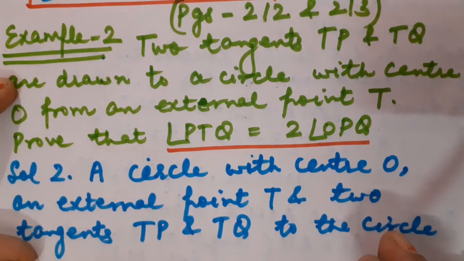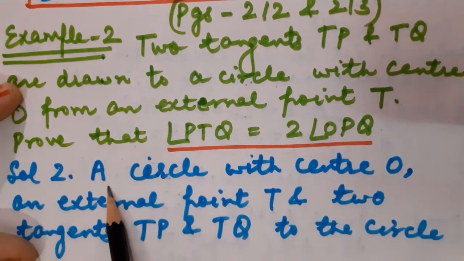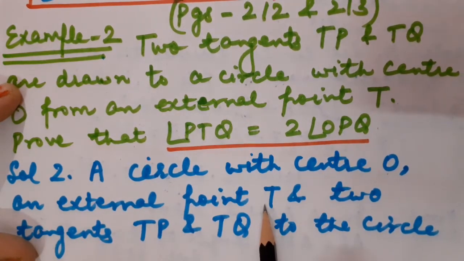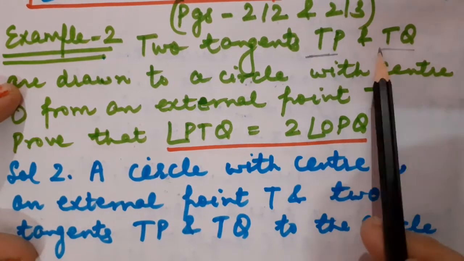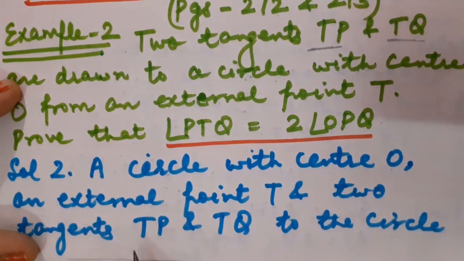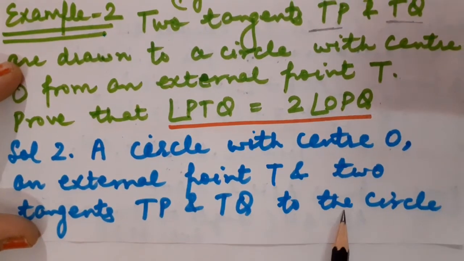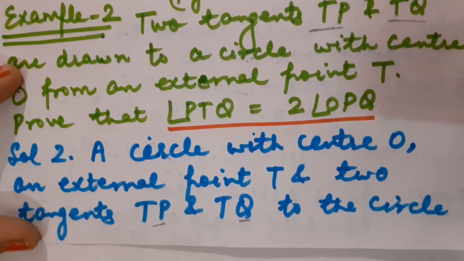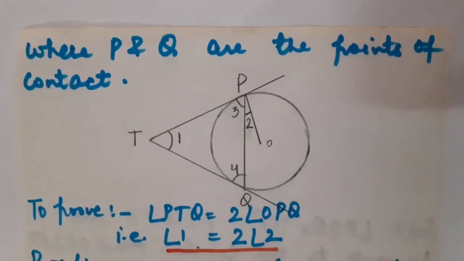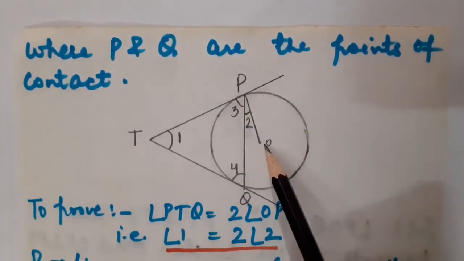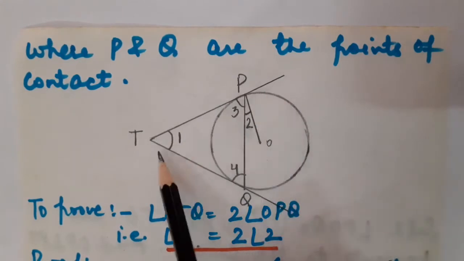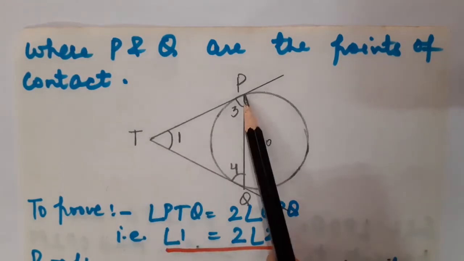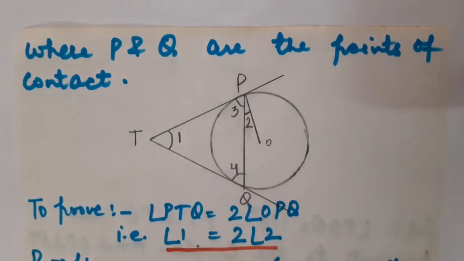First of all, while reading the statement, we have come to know what has been given to us. We will have a circle with center point O given. And children, you know that there is an external point T. That's why 2 tangents TP as well as TQ are drawn. Fine. So there are 2 tangents TP and TQ to the circle. Of course, P and Q will be considered the points of contact. Fine children. So here is the diagram of that question: there is a circle with center O. T is the external point. TP and TQ, of course, are the tangents. T is the external point, so definitely P and Q will be the points of contact.